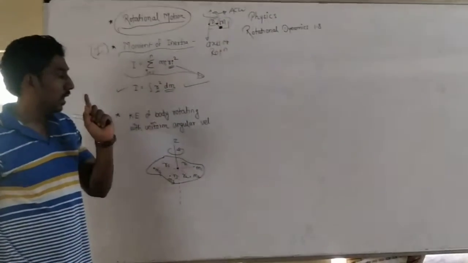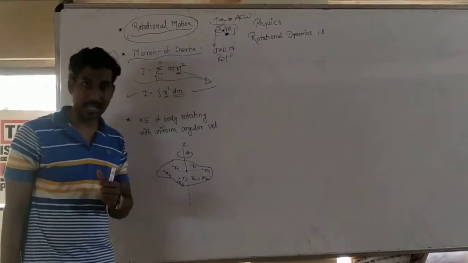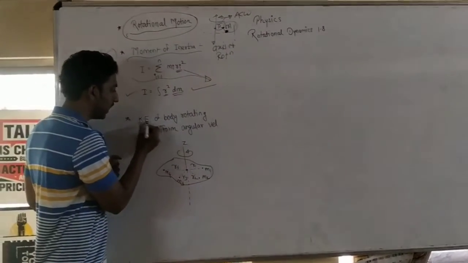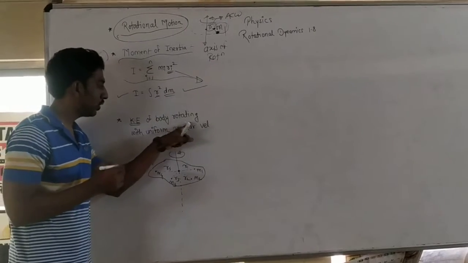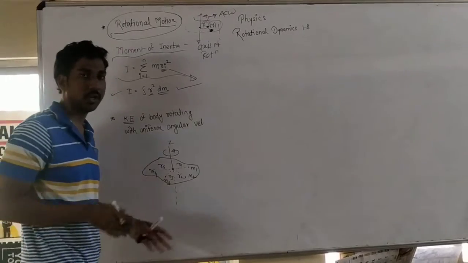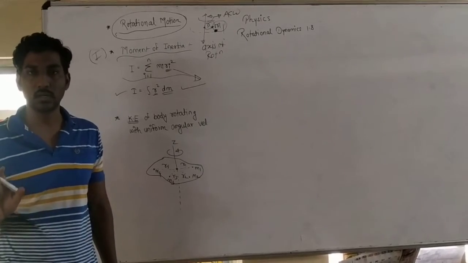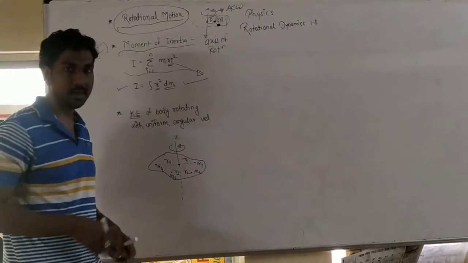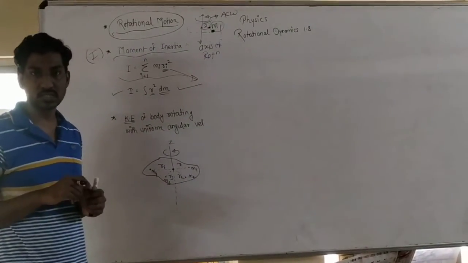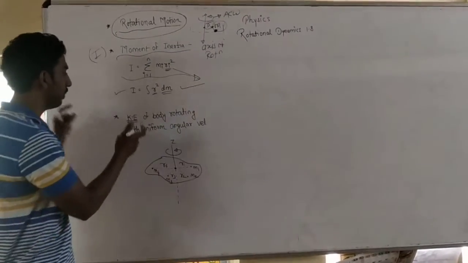After this point, you will get one question in your examination: derive an expression for the kinetic energy of a rotating body. If the body is not rotating, it is just in translation, like me walking here, my kinetic energy will be half mv square only, where m is my mass and v is my walking speed. But in the rotational case, the body is moving continuously. So what will the kinetic energy be? That is what we are going to find here.